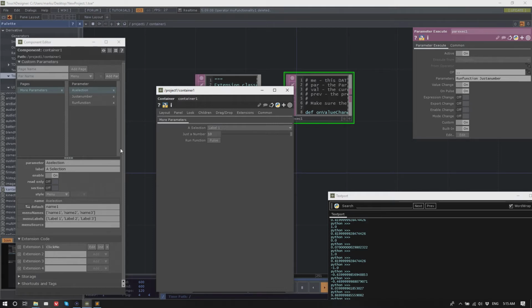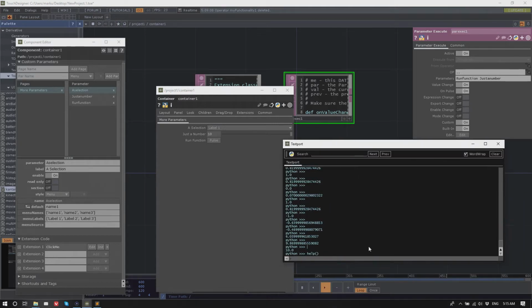Yes, the parameter has, let's see, par dot a selection dot menu.